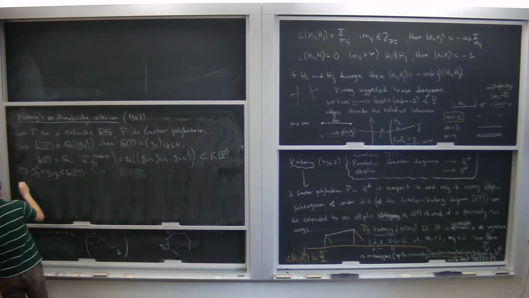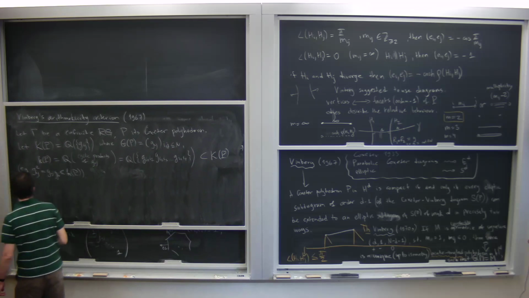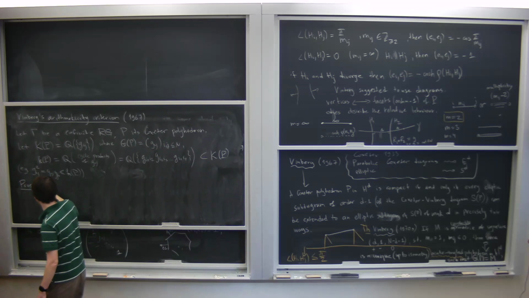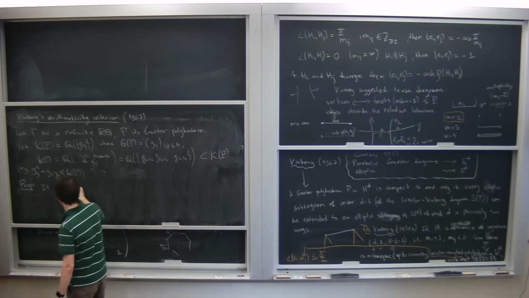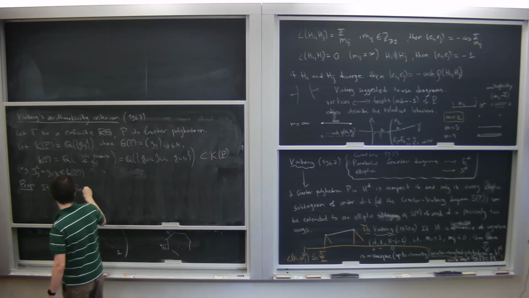It's even a proposition. If gamma is Zariski dense, it is even enough to be Zariski dense, then